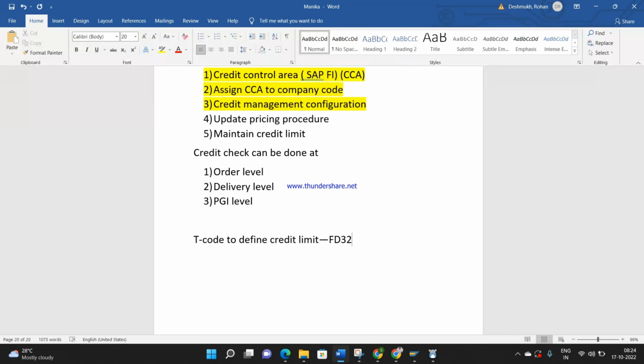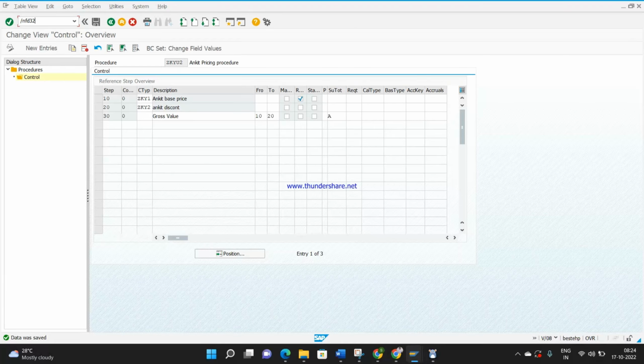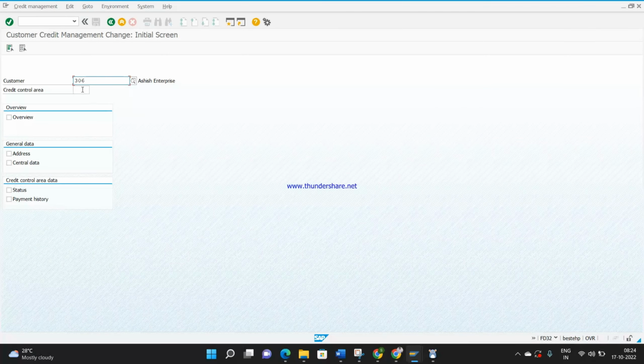Okay. This also affects FI, but since the sale order gets affected, it will usually come to you as an issue. Again, we have to redirect to FI. /N FD32 is nothing but putting money into that customer's bank account, something like that. Okay. So 306 customer, 0001 credit control area,